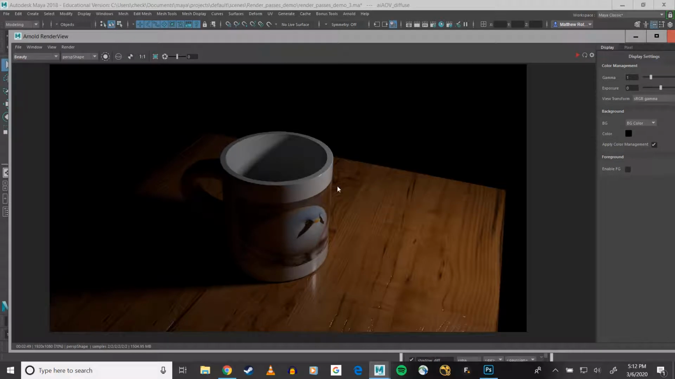So I've got a pretty simple setup here, just a mug on a table, and generally your final image is referred to as your Multi-Pass, your full image with all of its components in it. But in your render settings you can put out all of these AOVs or render passes. The terms are used interchangeably. You can see just your diffuse pass, for example,